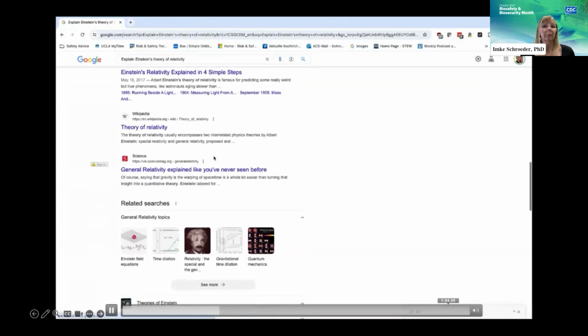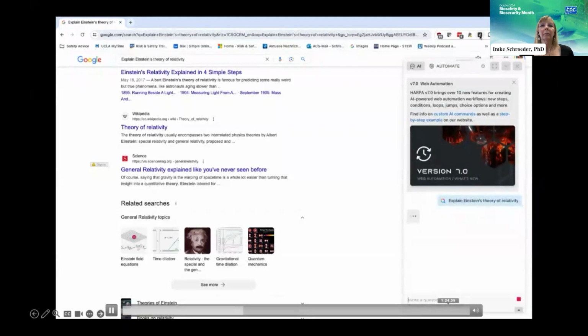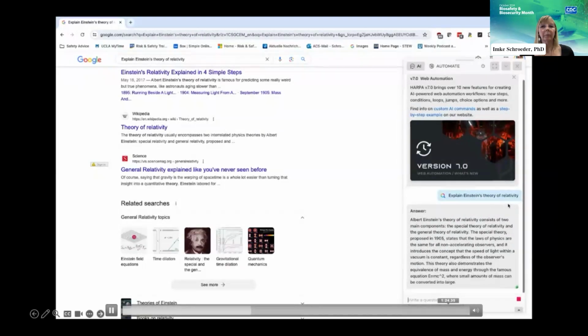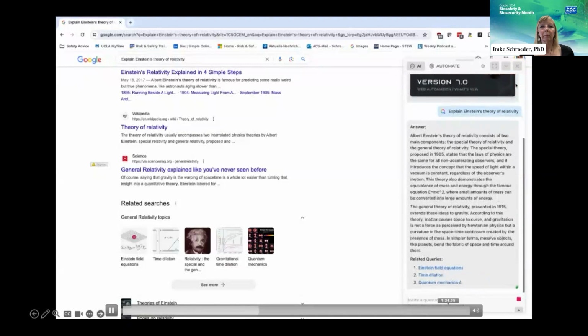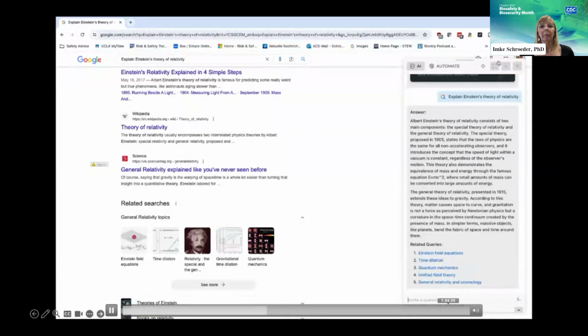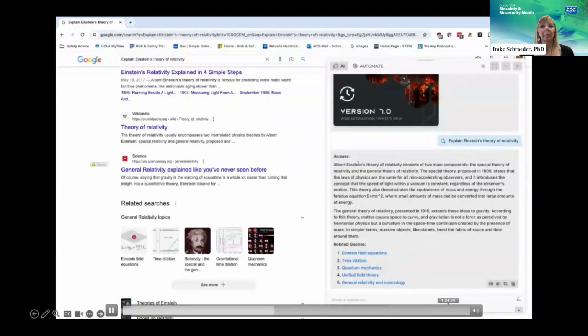So I'm now going to call up my Chrome extension Harper right here on the top. And Harper immediately picks up the prompt and provides me with a brief summary and even related queries that I can enter. But this is still too complex for me to understand.